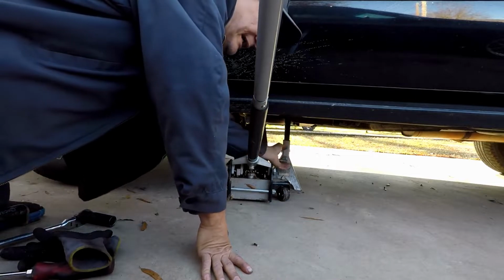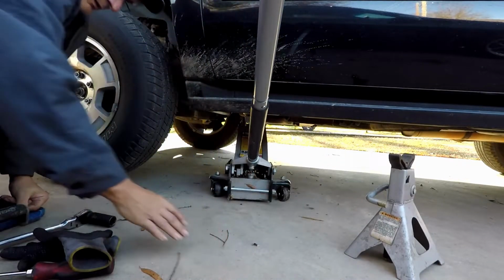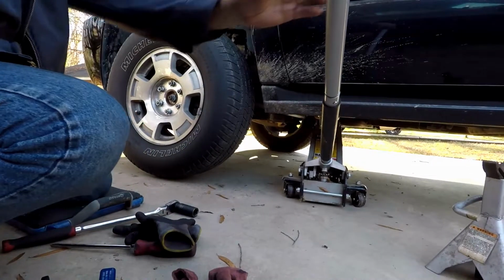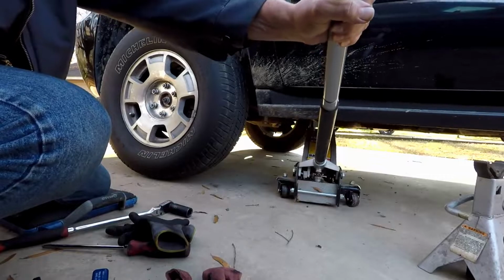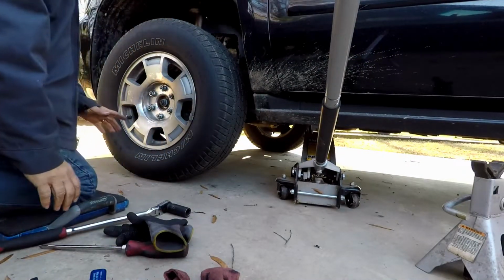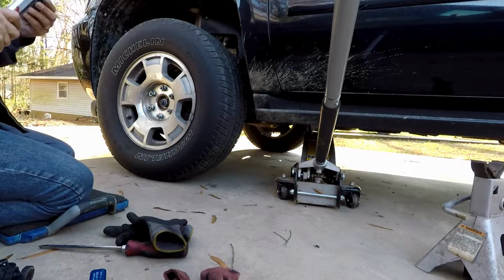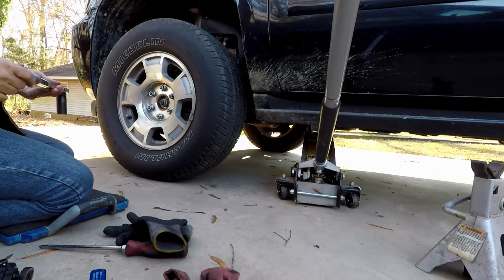All right, so we want to take the jack stand out. We're going to let the car down till the tire makes contact with the pavement, and then we'll be able to tighten the lug nuts. Now there's enough weight on it. I don't want to put enough weight on it to where the whole weight is sitting on it. I only want enough on it to where I won't be fighting the tire trying to spin as I tighten